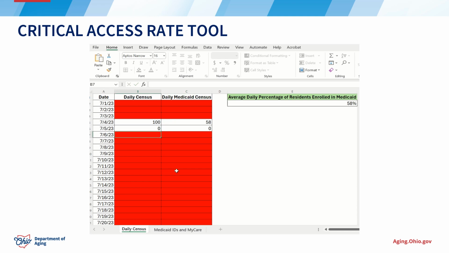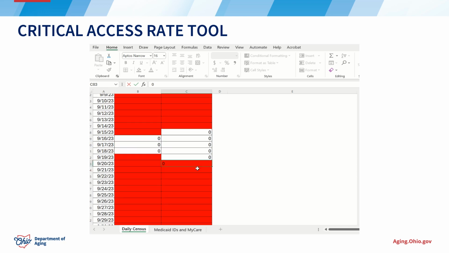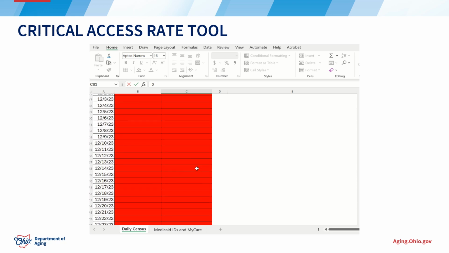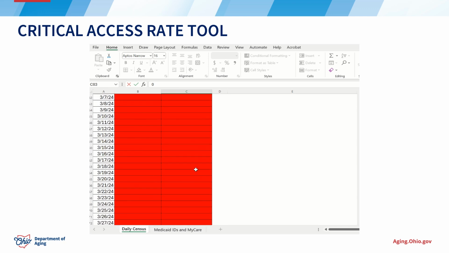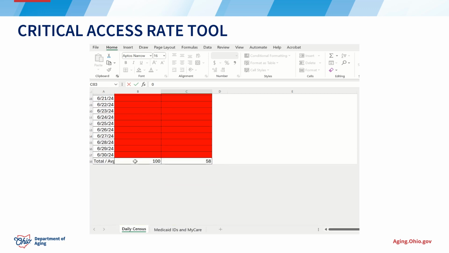So if you are a provider who didn't start billing until September, then you would still put zeros in all of those cells to reflect the changes from red to white so that the formulas work correctly. So you can see an example here. And as you complete the tool, if you scroll all the way to the bottom, the value of the last